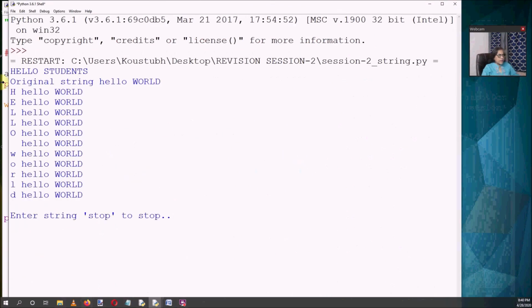Now see here, the original string is hello world. Now how it is converting each and every character by using ch. We have already used ch. Now see here the ch.